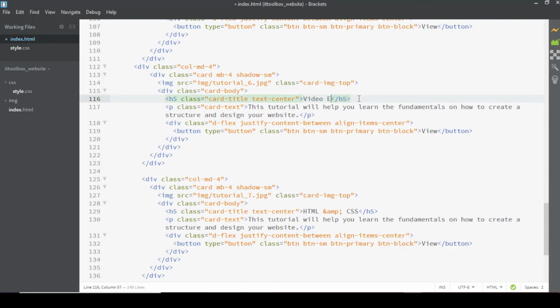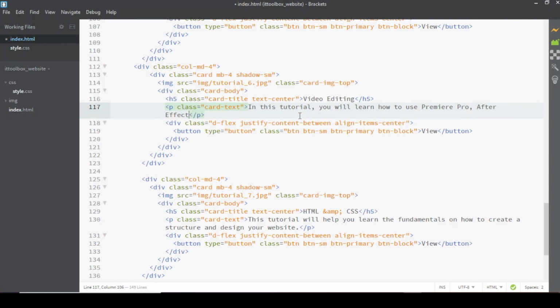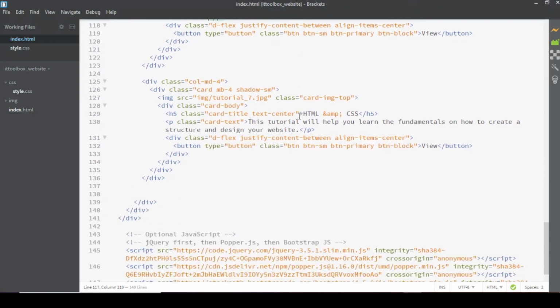video editing. And then dito sa text, palitan natin. In this tutorial, you will learn how to use Premiere Pro, After Effects, and iMovie. Save it. And for the last card, we'll have, for the title, we'll have JavaScript programming and text into